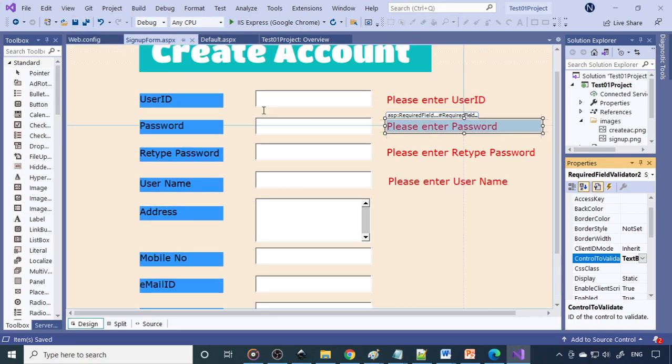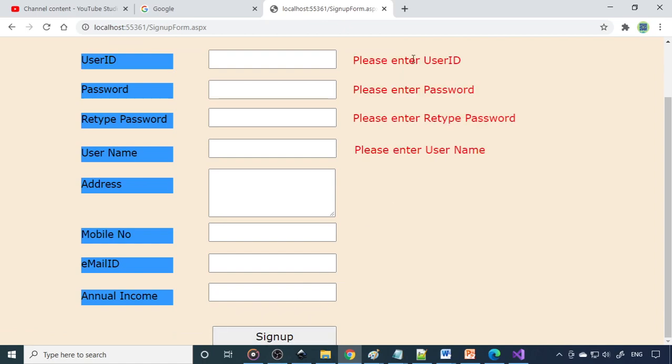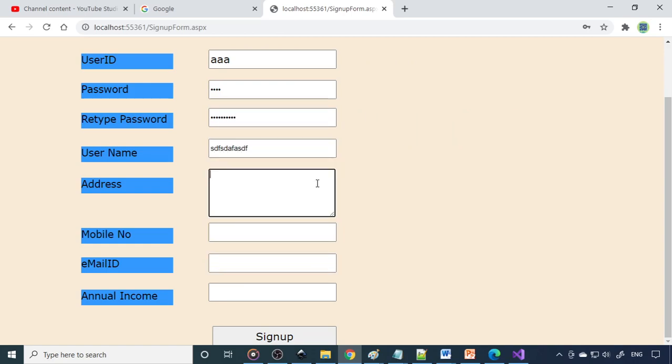Okay. Now we can go back to the page here. You can reload. Now if I click sign up, you can see everything will be fired. So therefore you need to compulsorily enter the data. So if you enter the data, it is fine. Now what happens? Here you will enter 4 characters. Here enter more. So these two should be compared. And if this is wrong, immediately it should show me the message here.